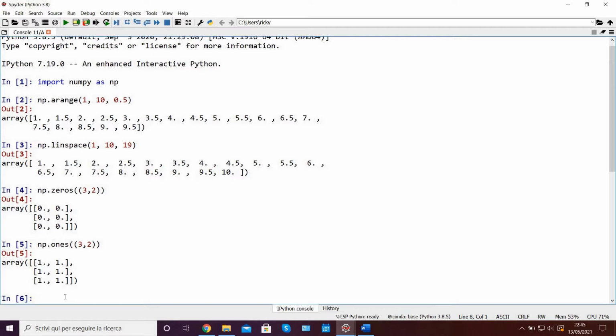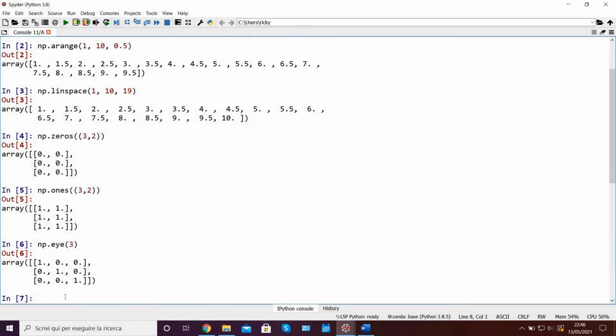The final array that we will look at today, which can be extremely useful in coding, is an identity matrix. Now this can be done with a simple command called eye. In this case, it will take only one number, which is the size of the matrix that we are going to create. Because as you know, an identity matrix has to be a square matrix. So we can say 3, and this will create a 3x3 identity matrix, where the diagonal has 1s and all the other